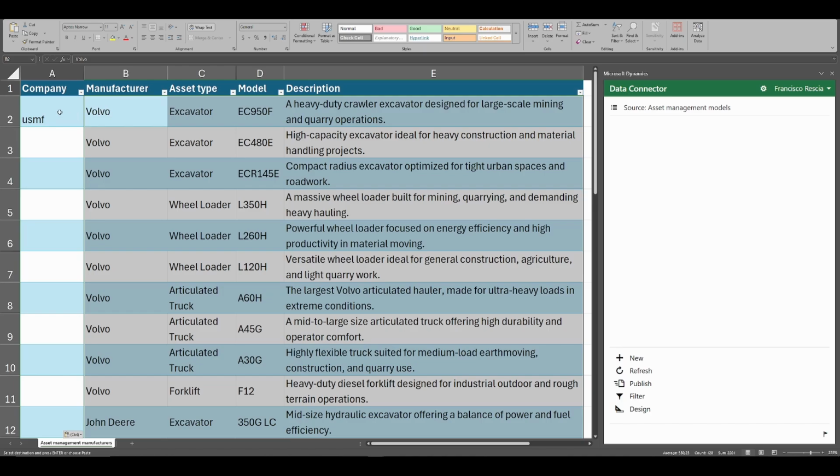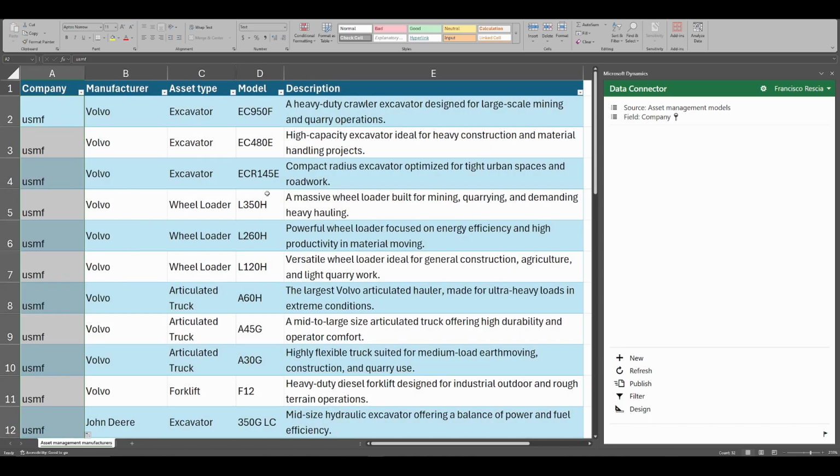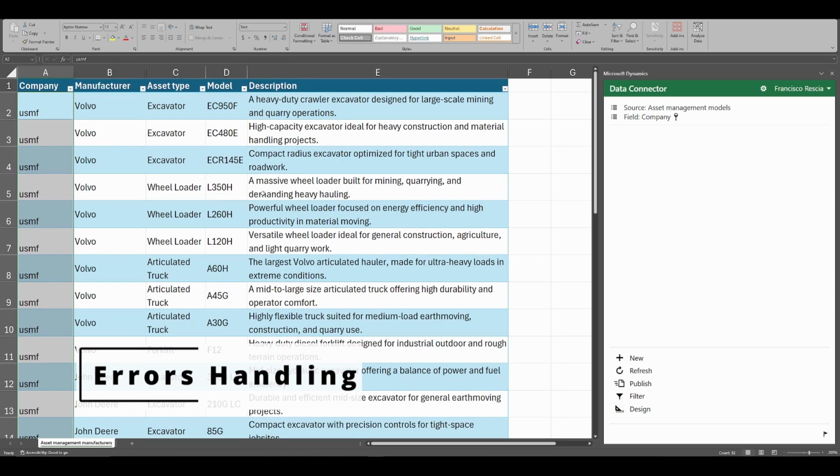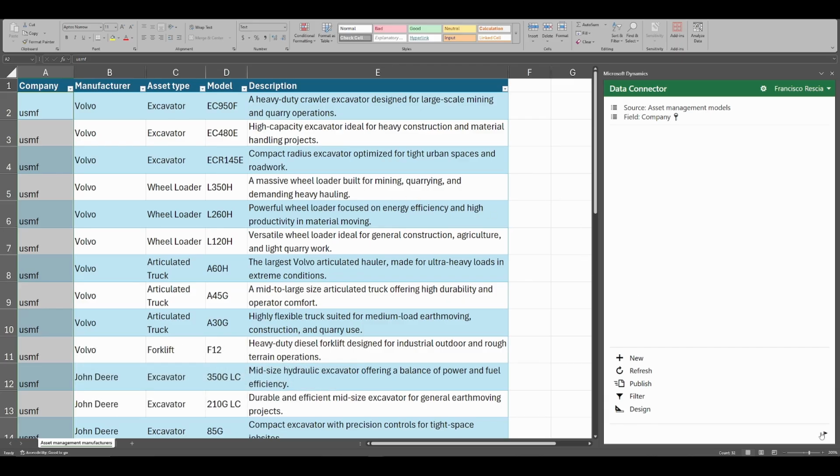And paste. And what happens if you make an error? Whenever an error shows, you will see that in the message center. You can find that in the bottom right. And we will see some errors right now because for the asset type or the machine type, there are some